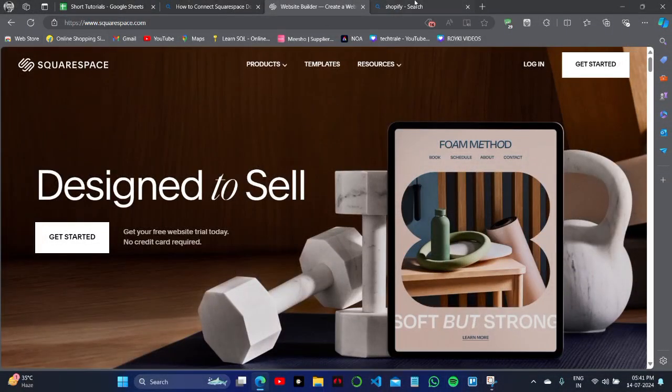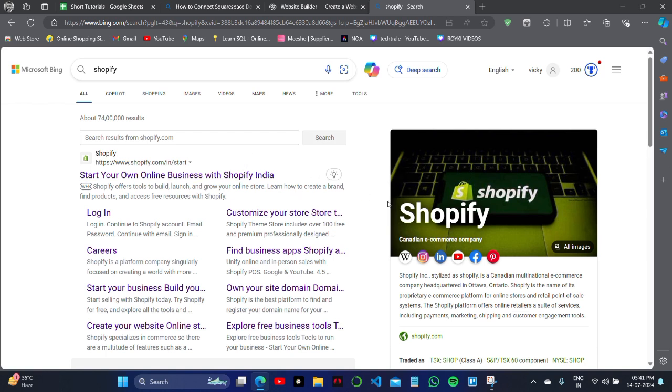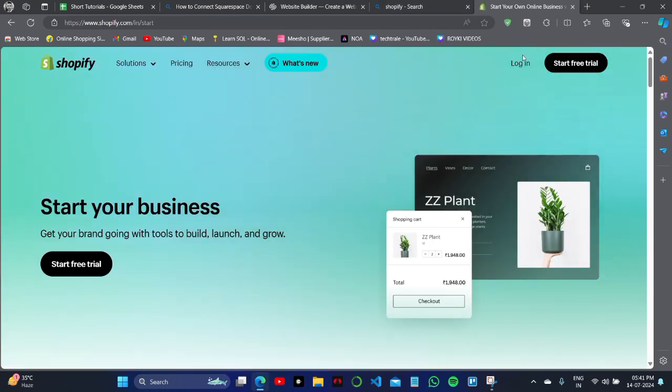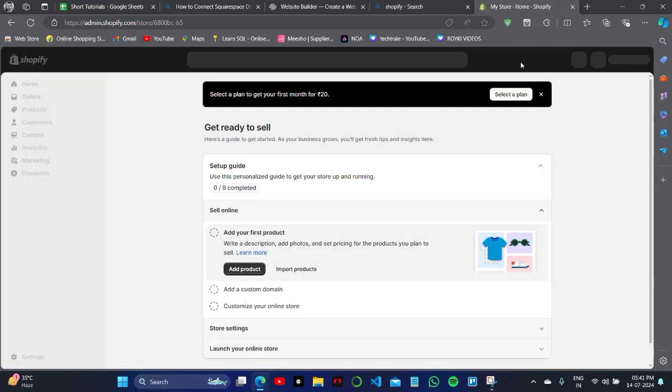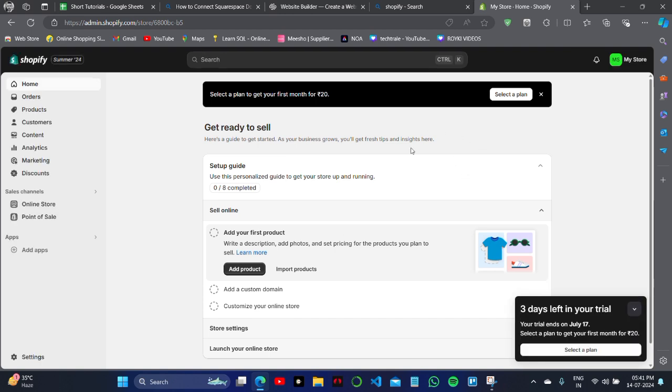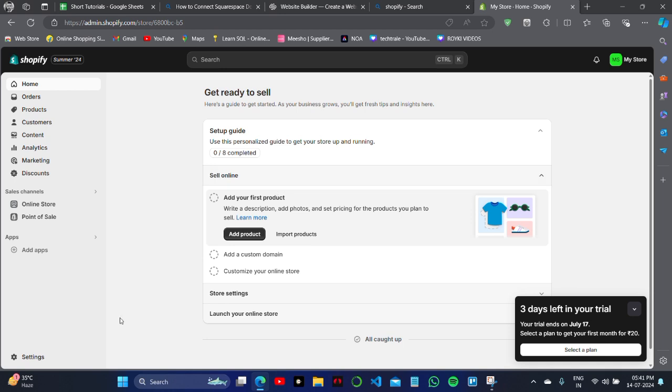First is the Squarespace website, as you can see, and on the second tab I will open the Shopify official website to show all of you how we can create an account or how we can add a domain to our account. Now, this is the Shopify home page, and I want to select on the left bottom of